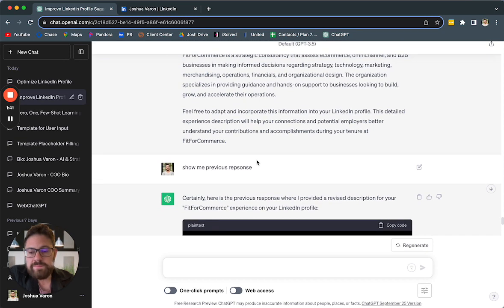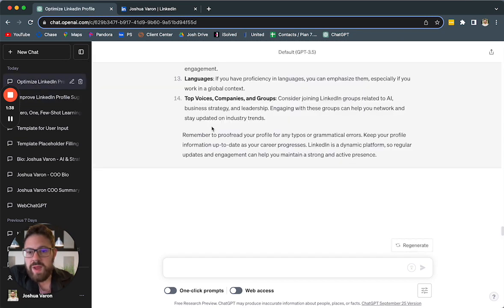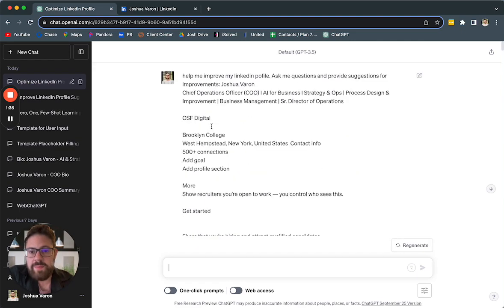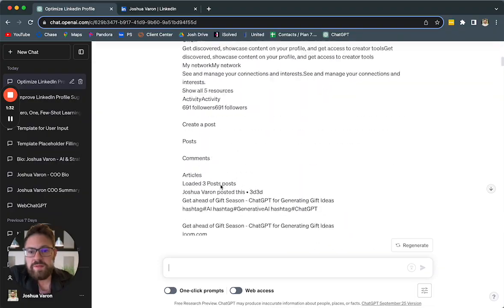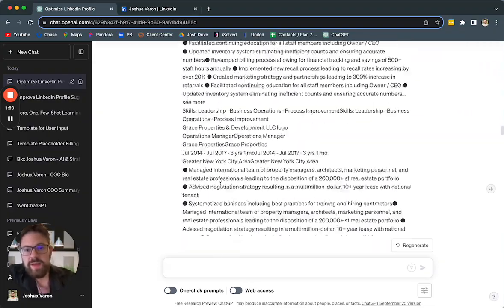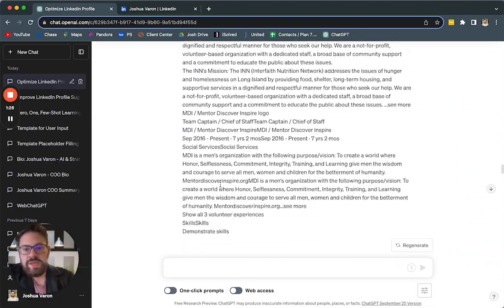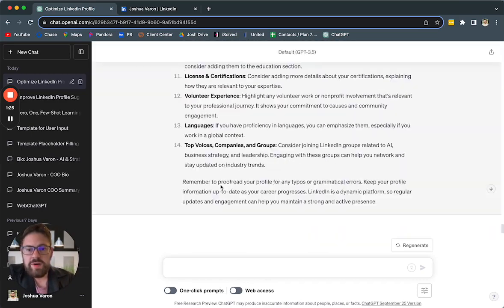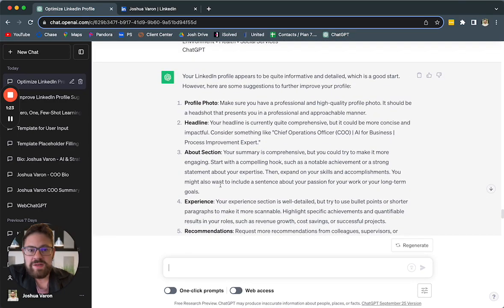I also ran this a second time, and sometimes this will happen where you can run the same exact prompt, right? So this is the same prompt I did, put in the same information, and ChatGPT interpreted it differently. And so here's a slightly different list, structured slightly differently, but has a lot of the same information. So again, it talks about the profile photo. It gives me another option for a headline. And here is something that I could just say,